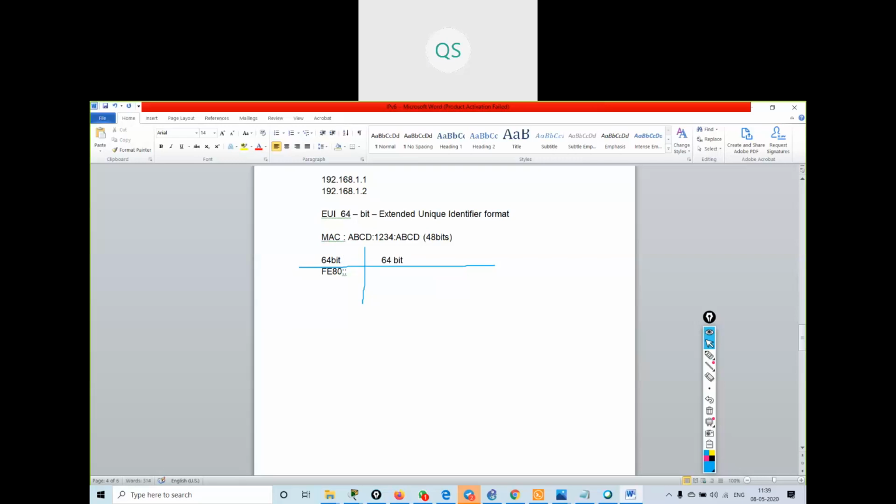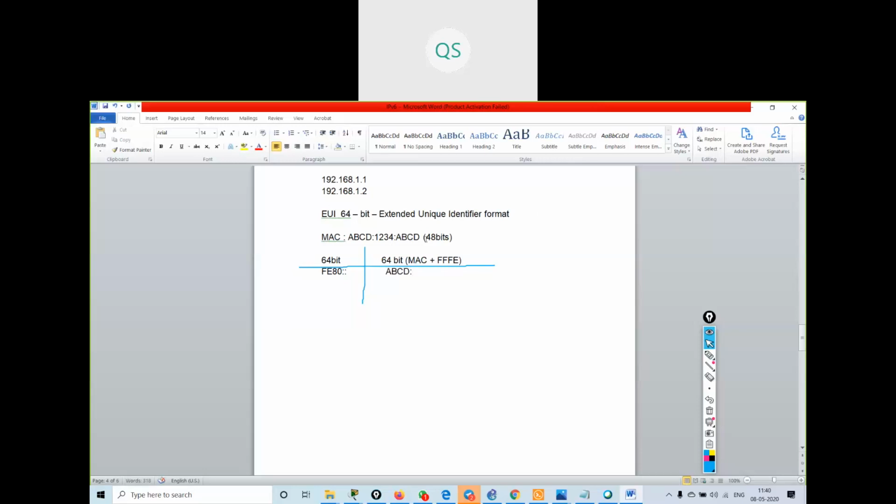The next 64 bits will be a combination of the device MAC plus FFFE. It will add this value in the middle of the MAC address.